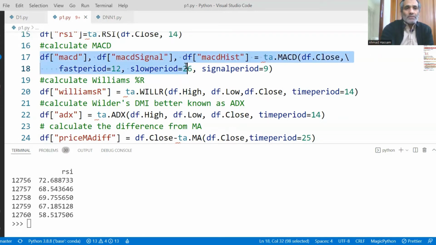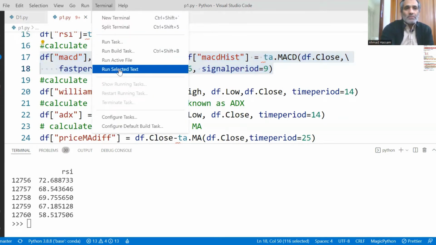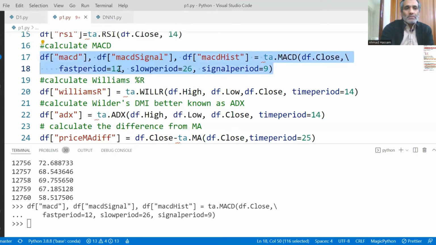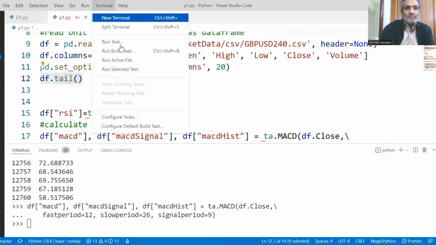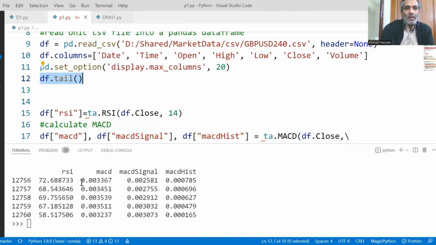So let's read that and see. We have MACD, MACD signal, MACD histogram. MACD is just the difference of two exponential moving averages.